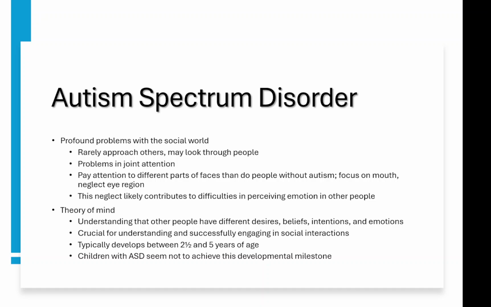Theory of mind is essential for engaging in social interactions as it allows us to empathize and understand others' motivations. For individuals with ASD, this understanding is often impaired. They believe that others feel the same way that they do because that is their only frame of reference for interpreting the world. Typically, theory of mind develops between the ages of 2.5 to about 5